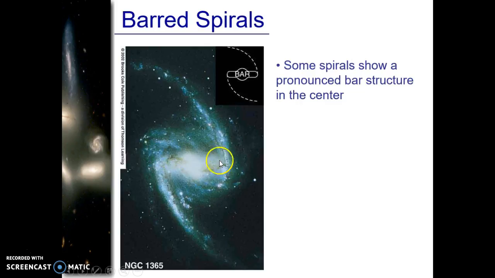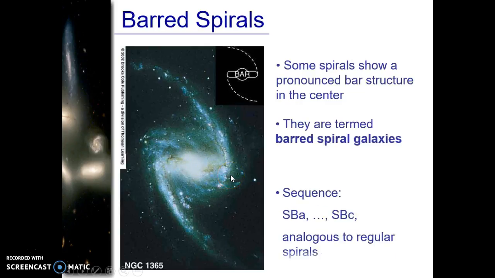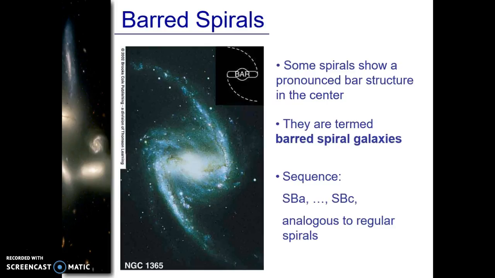sometimes it produces this thing. It looks like it has a bar here in the middle. Two-thirds of spiral galaxies have this pronounced bar structure in the center of them. They have an elongated nucleus, which is this part right here, the bar, and then these spiral arms come off the sides of the bar. And again, the sequence for these would be SBa, SBb, and SBc, similar to the regular spirals, where SBa has a larger nucleus, less gas and dust, and fewer hot bright stars. SBc would have a small nucleus, lots of gas and dust, and many hot bright stars,